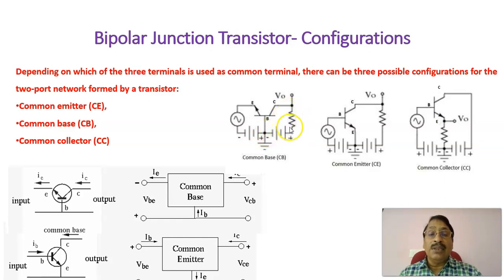Therefore, output is between collector and base, input is between emitter and base. The base is common to input and output. It's called common base configuration. Now coming to this one, this is a common emitter configuration in which this is the emitter terminal, this